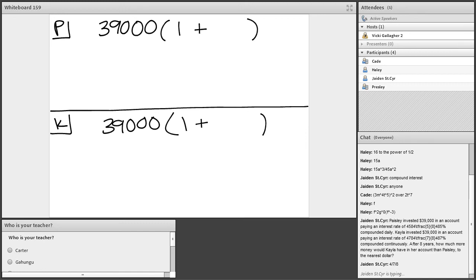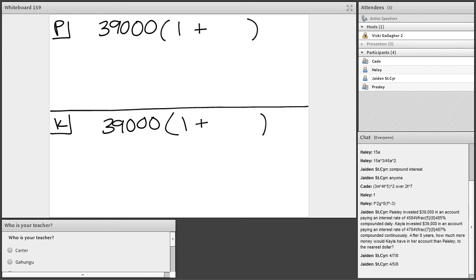Okay. 4 and 7/8. And 4 and 5/8. Okay. All right. So first of all, we definitely don't want to leave those fractions. So what I would do on your calculator, you can type in, so it was 4 and 7/8. You can type in 4 plus 7 divided by 8, and that should write it as a decimal instead. So 4 plus, excuse me, 7 divided by 8 is